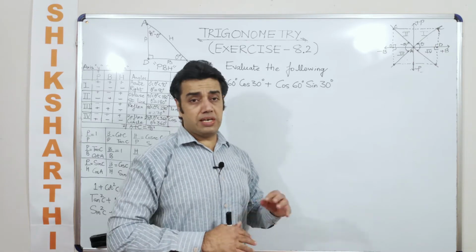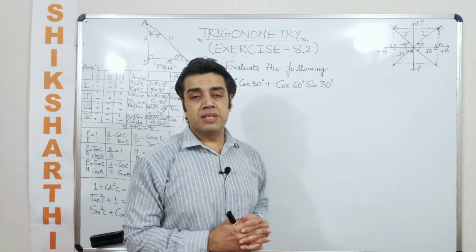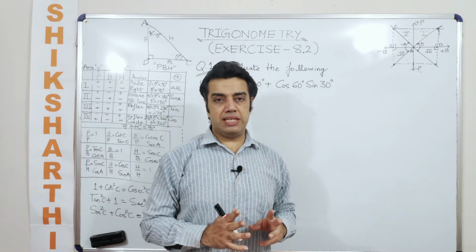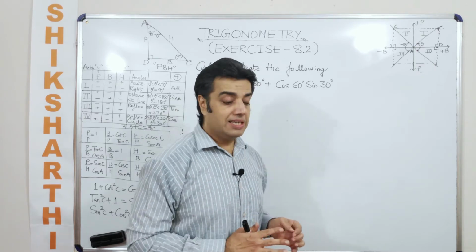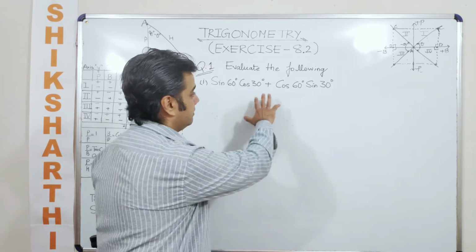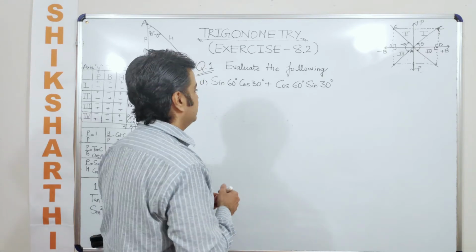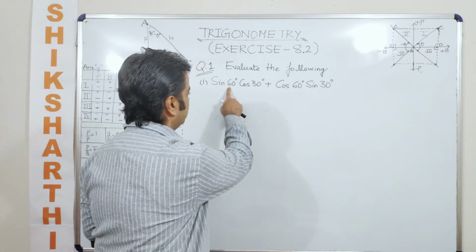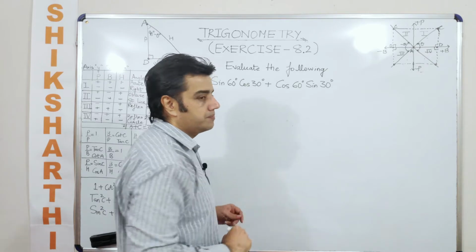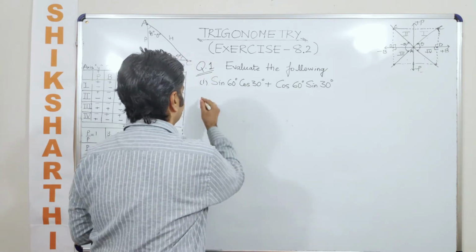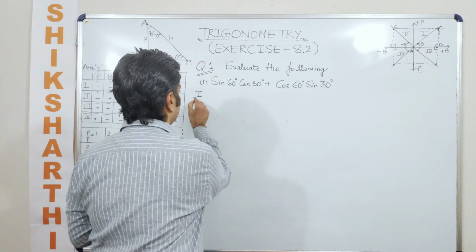As we are discussing in other videos also, there is not only a specific way; there are other ways also of solving the same question. So first we will solve it by the basic way. The basic way is using the values of these trigonometric ratios. So let us say this is the first way in which we will be solving.